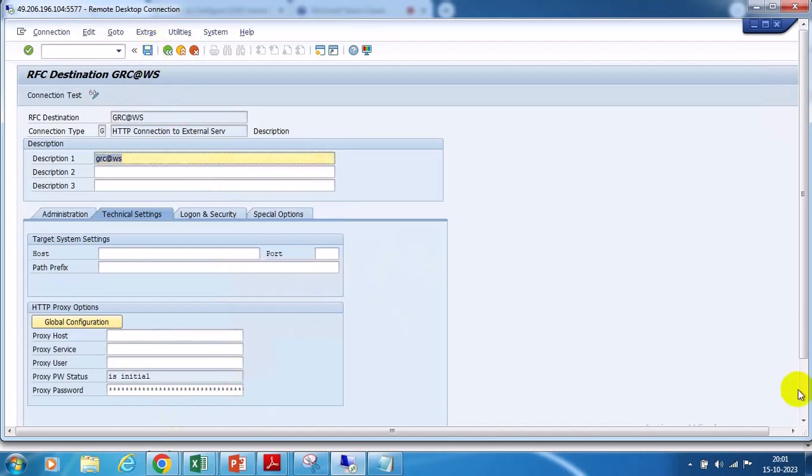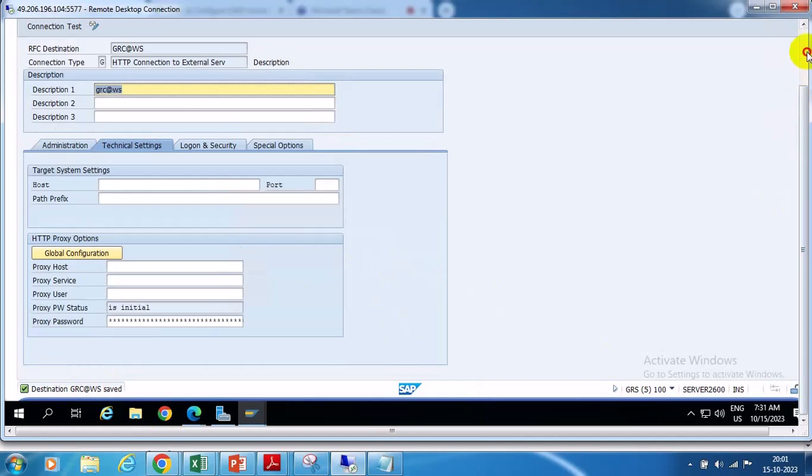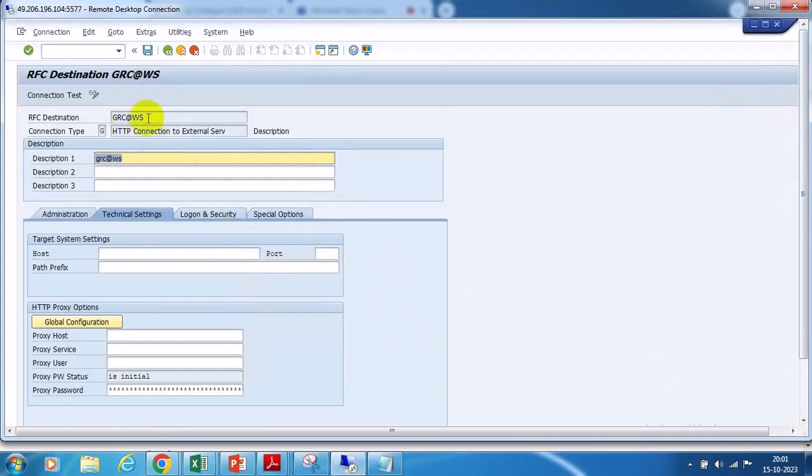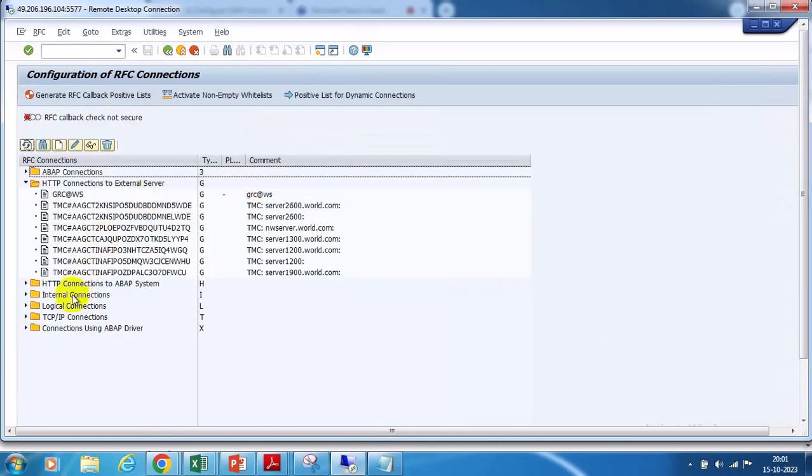Okay, I think it is created. Save. So one is web service. Portal is a web service system. So I have created the web service RFC. And the second one is